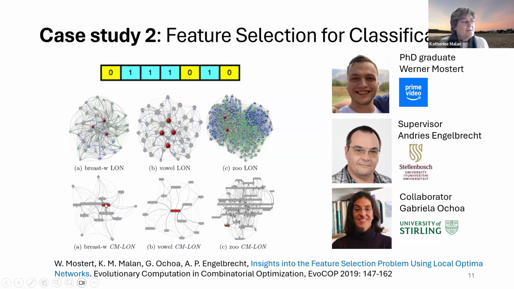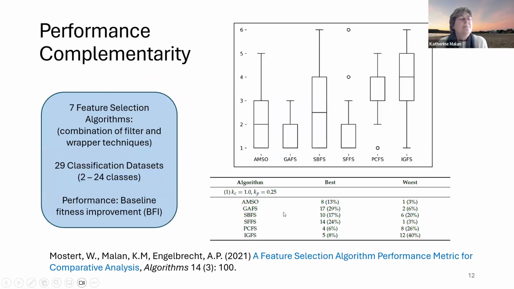The other phenomenon that's important is that all the global optima are connected. In other words, all of the good solutions are sitting together. So that was the first thing we did, and then we did the performance complementarity. So this was now